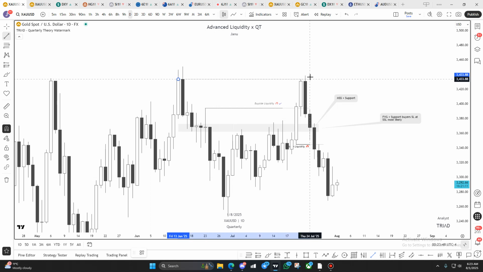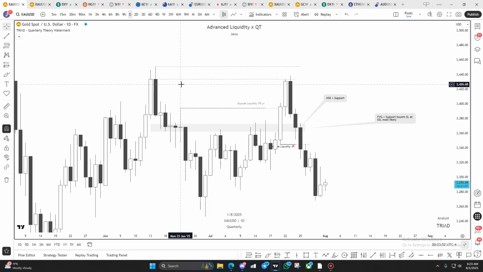I liked this. It took out the body, but it didn't take out the high. So the people who were long, it's clear that the short was the plan, right? In hindsight now. So the people that were long, that were looking for this high, they didn't give it to them. They stopped just before that because the plan was to go down. So when I saw it stopped at the body, and now it's coming back down to the support, I liked it even more